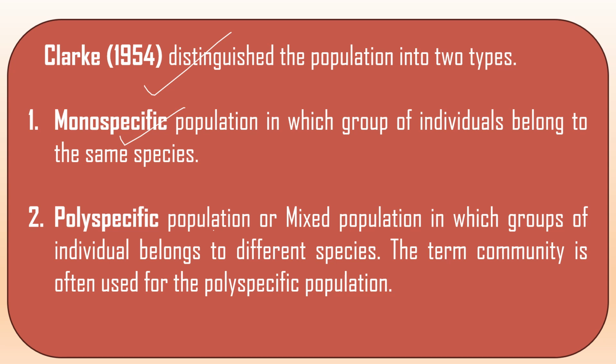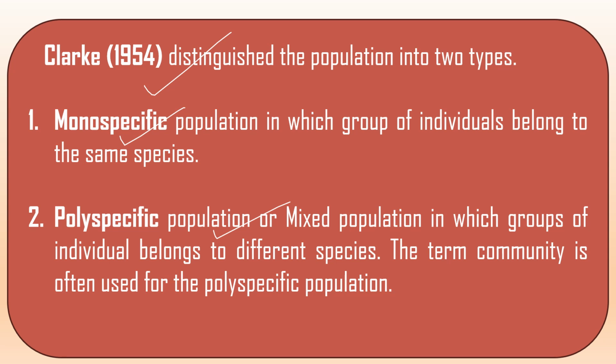Then the polyspecific population, also known as a mixed population, consists of groups of individuals that belong to different species. This type of population reflects a more complex ecological structure and is often referred to as a community. These populations exhibit greater diversity in species, which can lead to a variety of interactions such as competition, predation, and mutualism